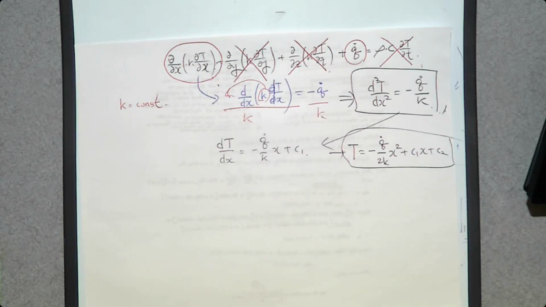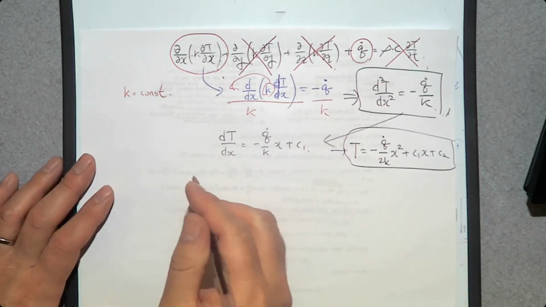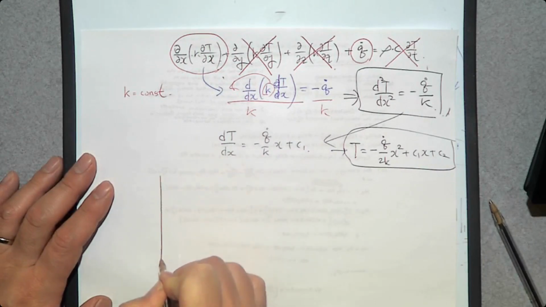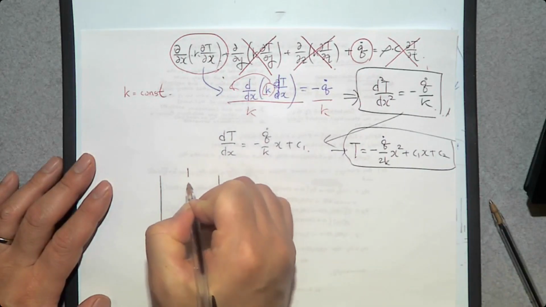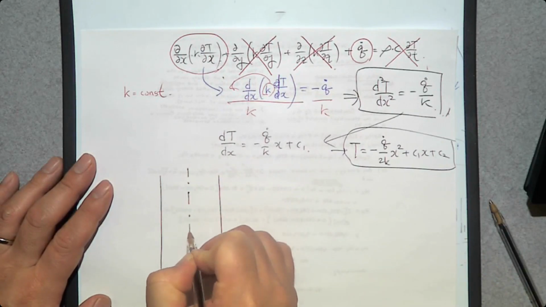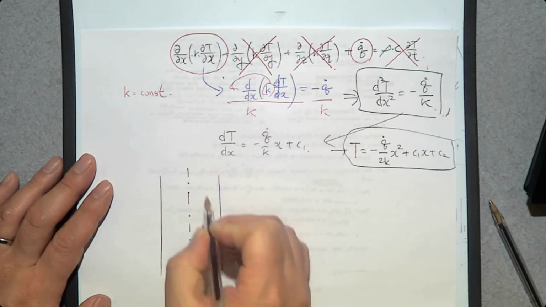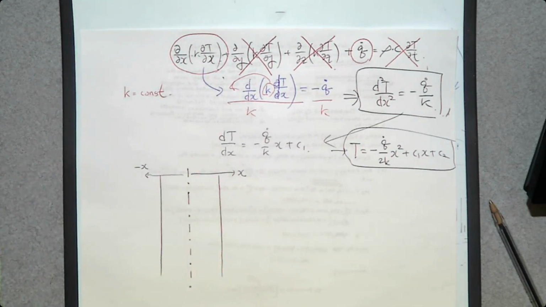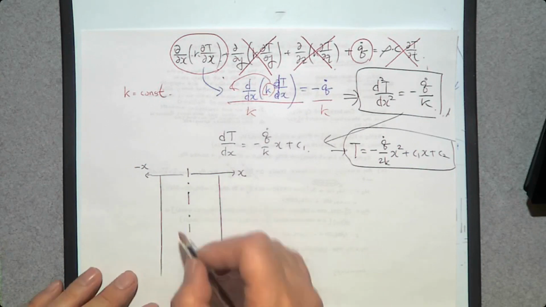Then we are going to study this temperature equation on a simple domain. In this case, when we have a plane wall. And let's say our x direction starts from the center of this plane. So this is x direction. So that means that this is minus x direction. And then the temperature distribution within this plane wall, because of this x squared, is going to look like this,